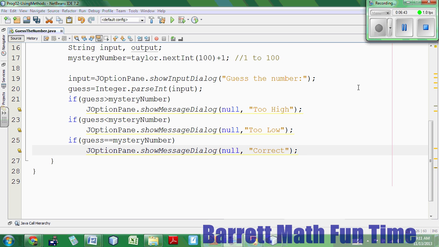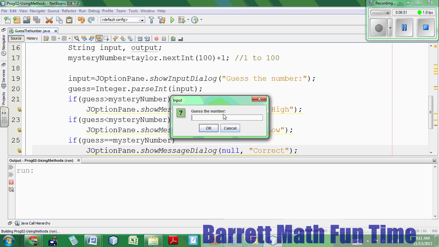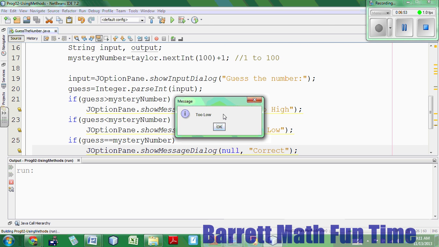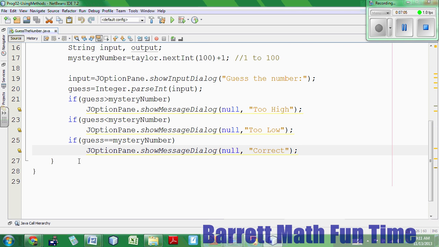All right, so now you have a working program, so you can run it. I'll say guess a number, and I can say 5, and that's too low, and then I'm done. So, I don't really know if it was too low or not, but what I do know is that I want to loop some of this stuff, right? Now, last time,